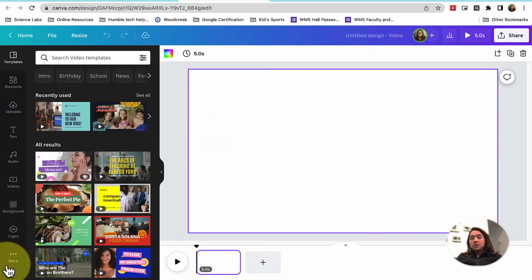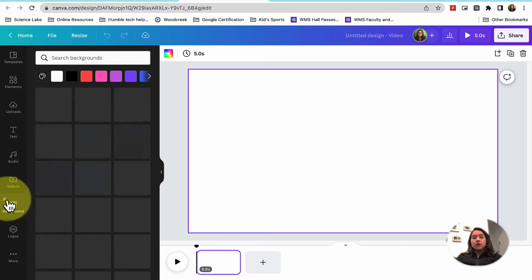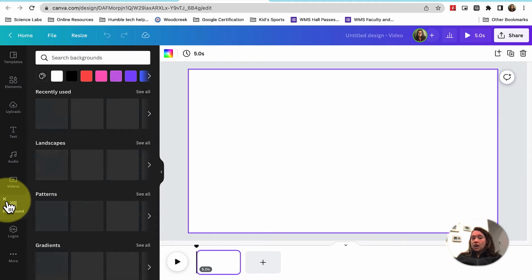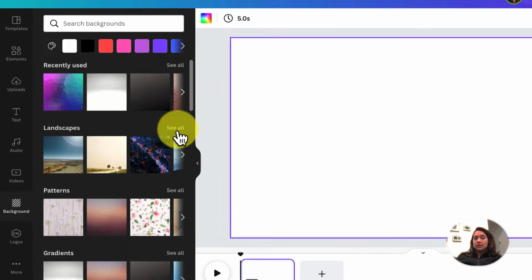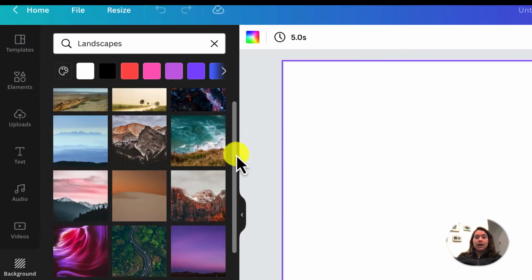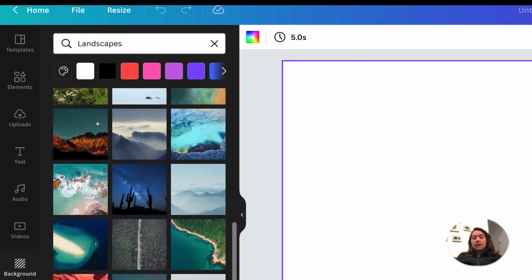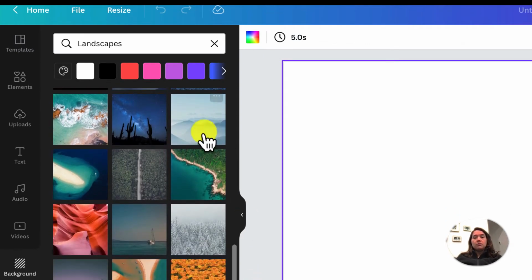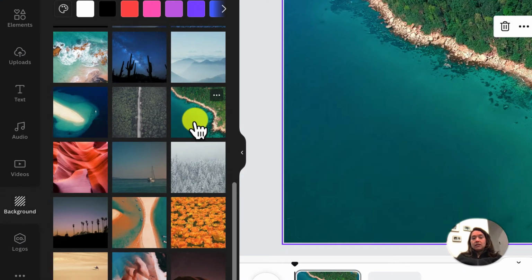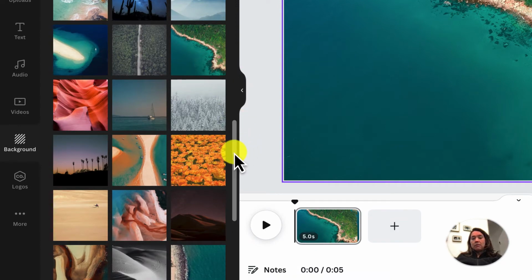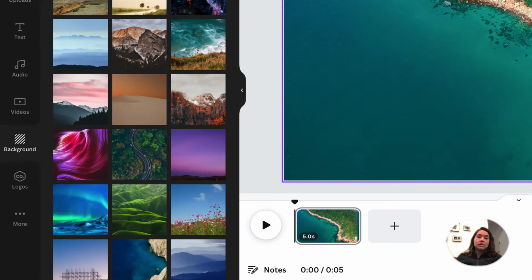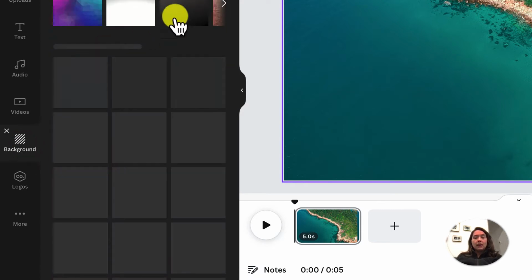So for today, we're actually going to start with that bottom layer. We're going to look here where it says background, because that's kind of where you start. Notice you have lots of different options with backgrounds. You can choose landscapes, and if you click see all, you'll see lots and lots of different landscapes. So if I'm making a travel video, like come to my island, I might decide to start with a background that looks like this. If I have an island that's surrounded by beautiful, lush coastline or something like that,